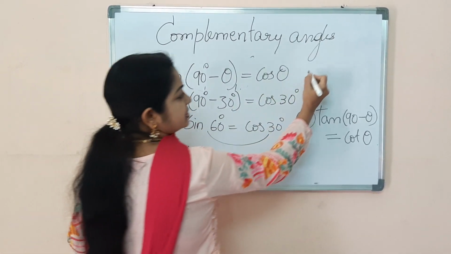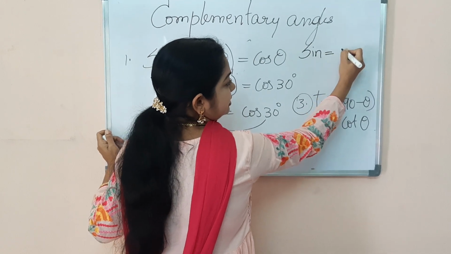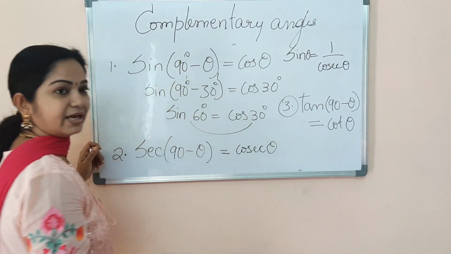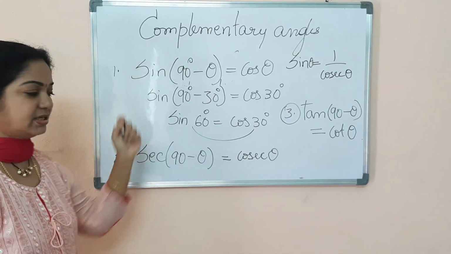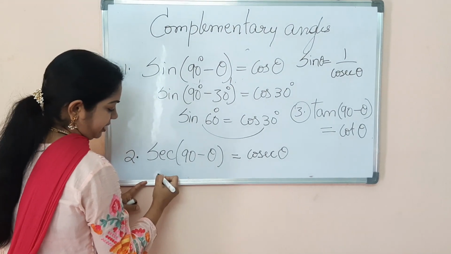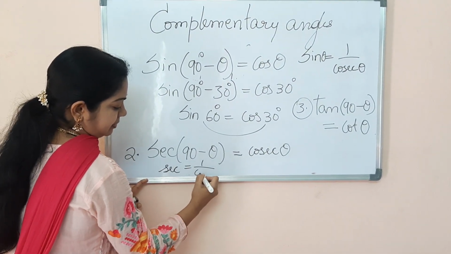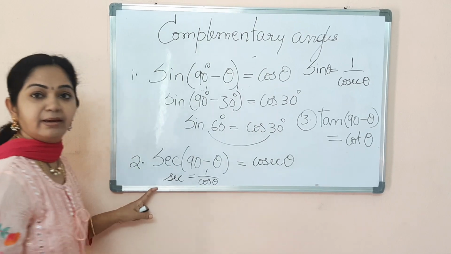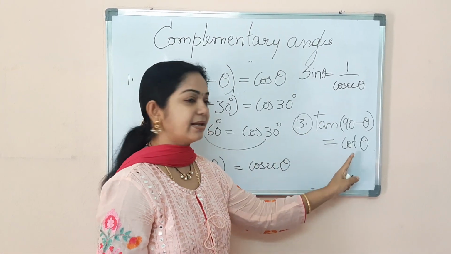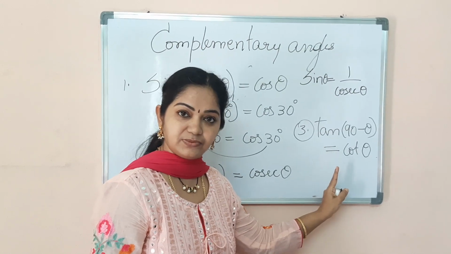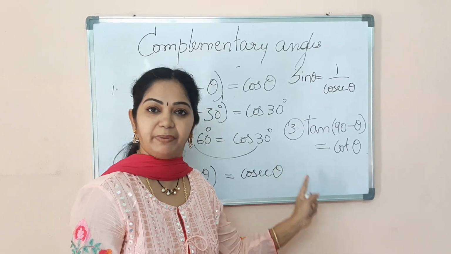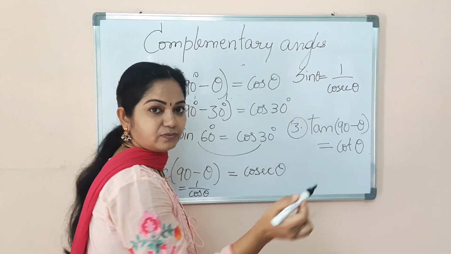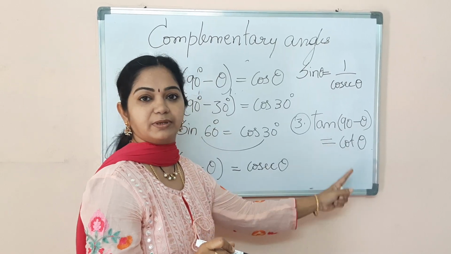For a multiplicative inverse, in the previous class we learned sine is the multiplicative inverse of cosecant theta, whereas it is the complementary pair for cos. Same with secant and cosecant: for secant, the multiplicative inverse is cos, whereas cosecant is the complementary pair. But we see tan and cot are both multiplicative inverses as well as complementary pairs. So only in the case of tan and cot they form reciprocals of one another as well as complementary angles.